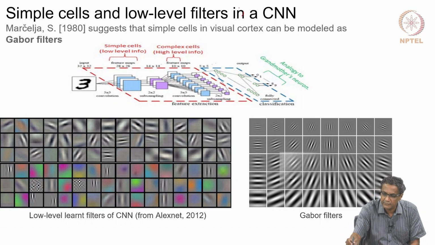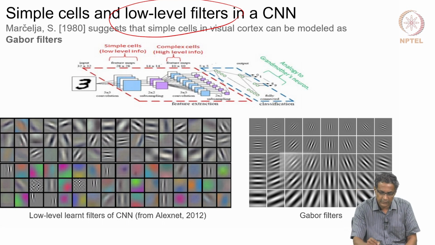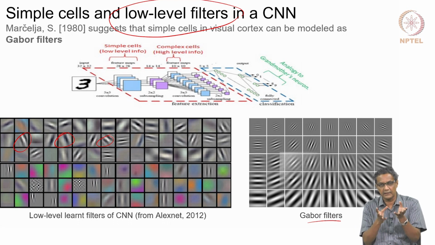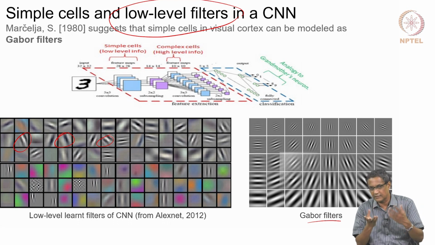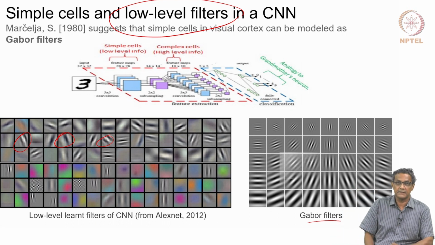So these low level filters are what they are called. Low level in the sense that these are in the initial layers, and you find the kind of things which they actually find. And this is a Gabor filter. A Gabor, as I showed, is a sinusoidal modulation over a Gaussian, and this is an analytical filter,